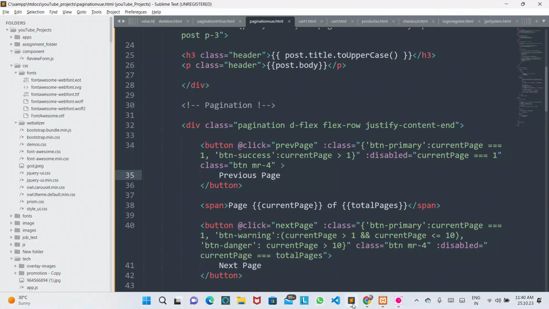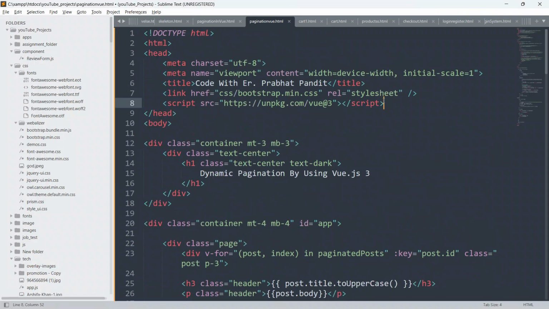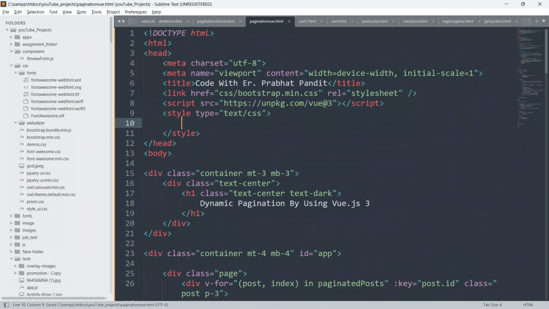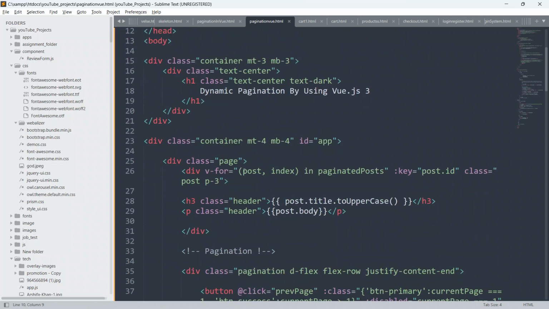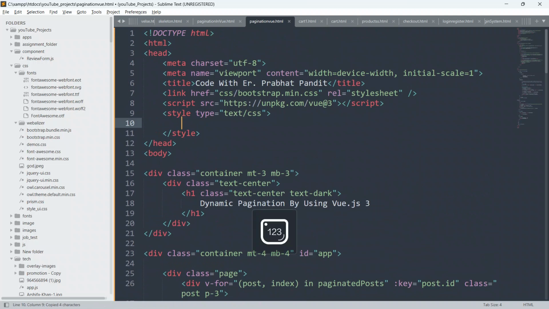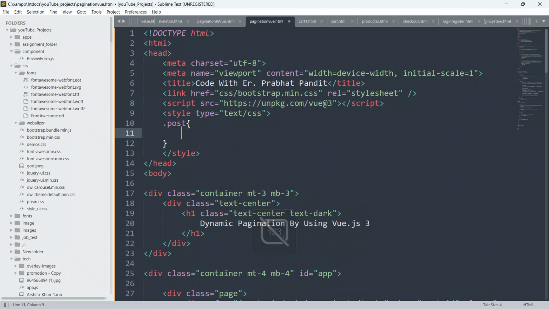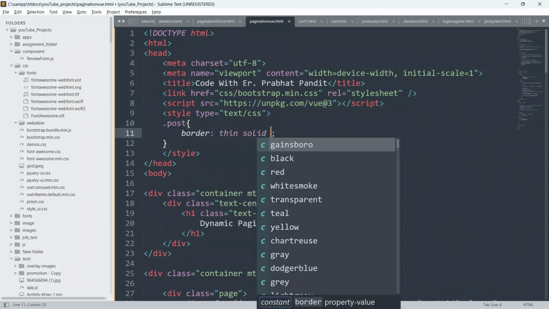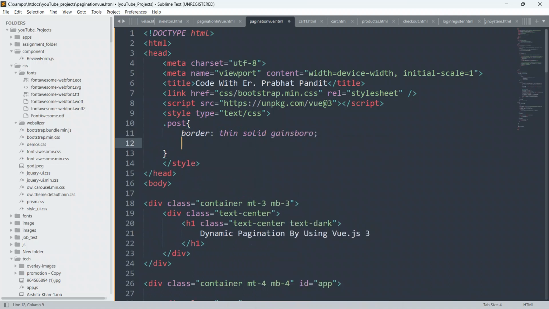So just go to the code, and just inside the head section I'm gonna create the style sheet also. So I'll say here post. Okay, just copy this post class from here, and just put a dot, and I'll just give border. Okay, give border thin solid Gainsborough, and I'll give here padding